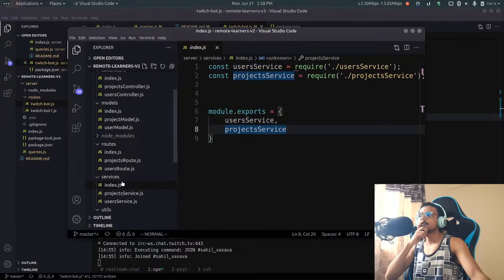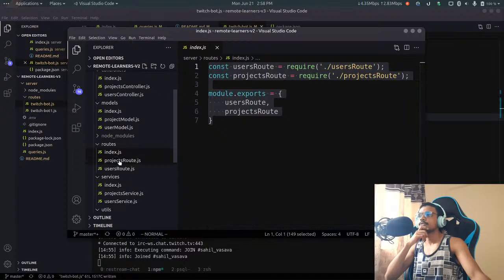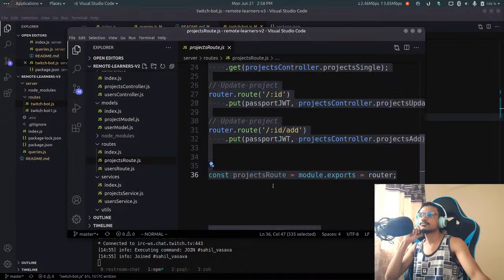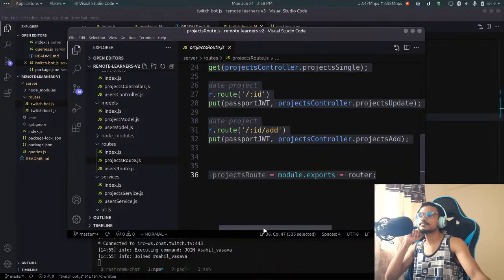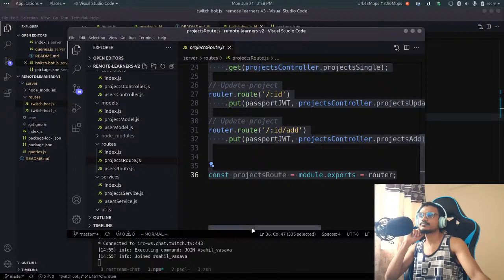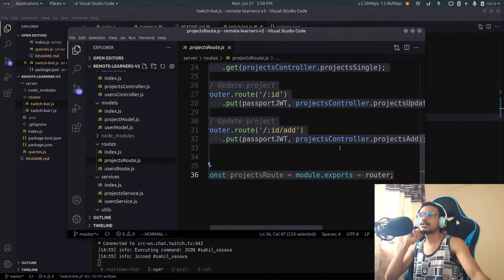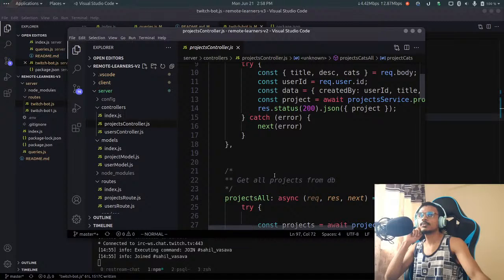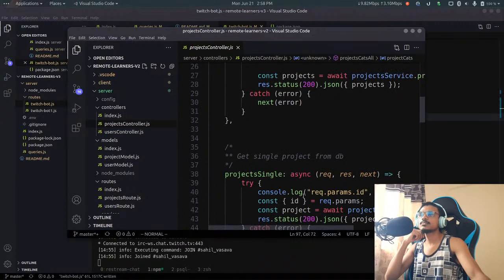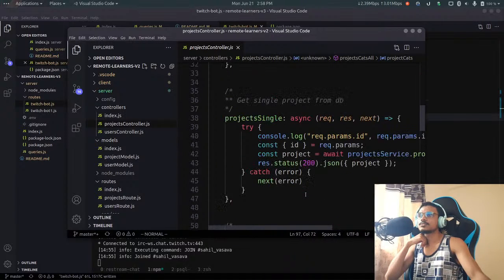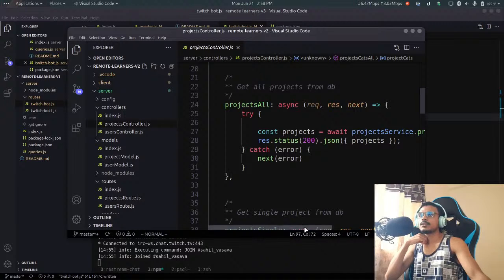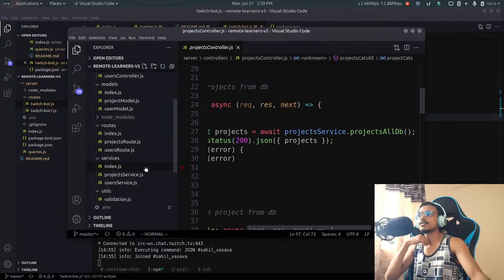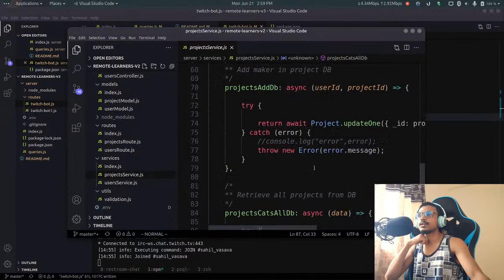So let's open up a single route. I don't know, index projects route. So in the projects route, I created the routes like this. Based on the route, it calls the relevant controller, right? So let me check the controller. I hope I don't have any credentials or something here. Okay, so this is the controller, and the controller again calls a service. Service is basically doing all the DB work, the lowest level work, like fetching, and